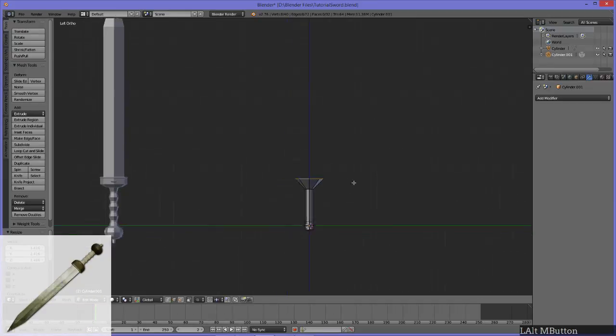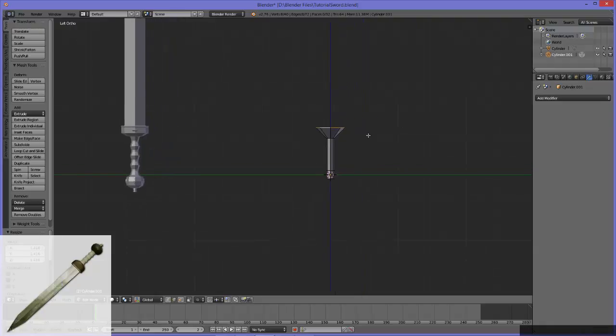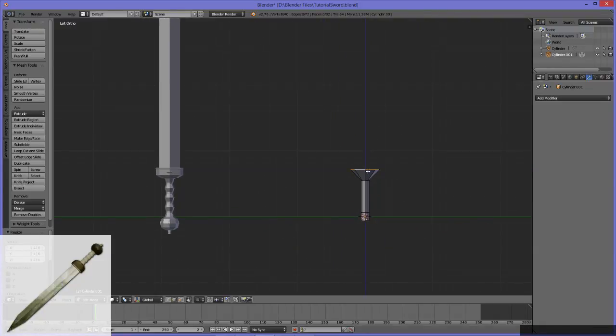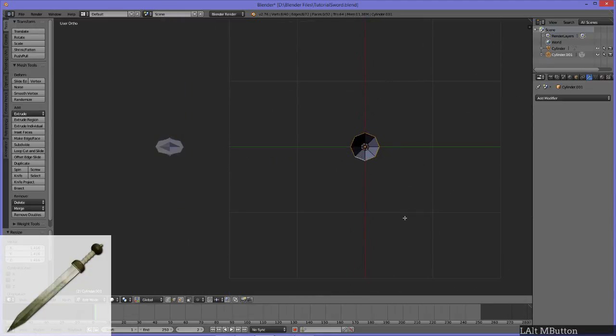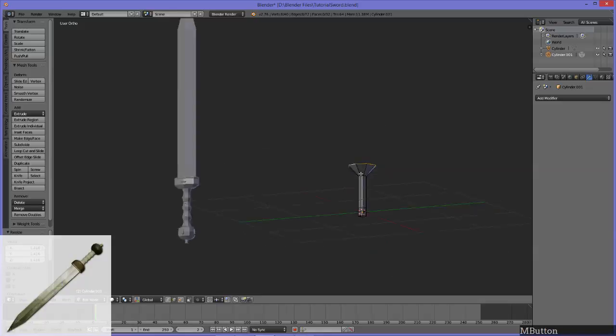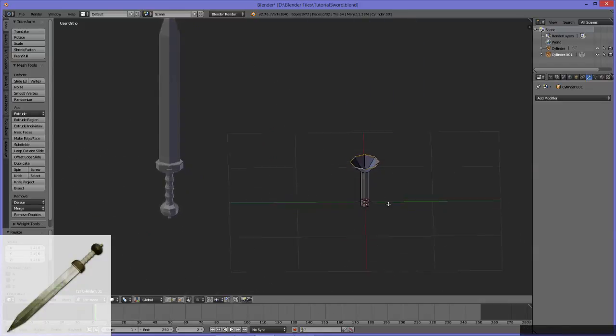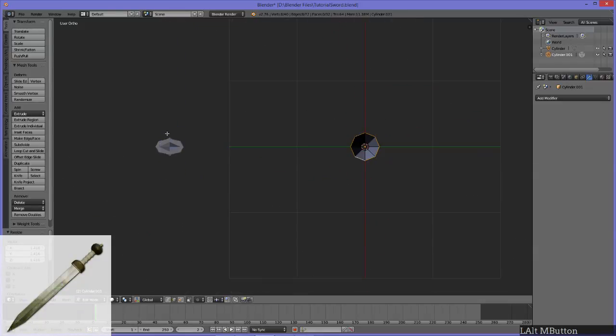So I'm just kind of eyeballing it to get the right shape compared to this model. Again, when I originally did this, I was just doing this based off of this picture, and I was eyeballing it there too. You can always adjust these things later. Alright, so you see we scaled it on all axes, so we're really wide, whereas our sword over here is